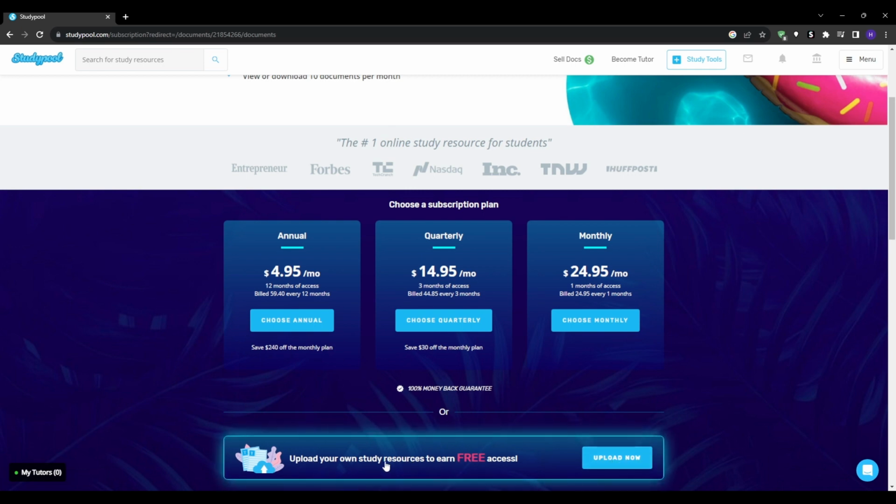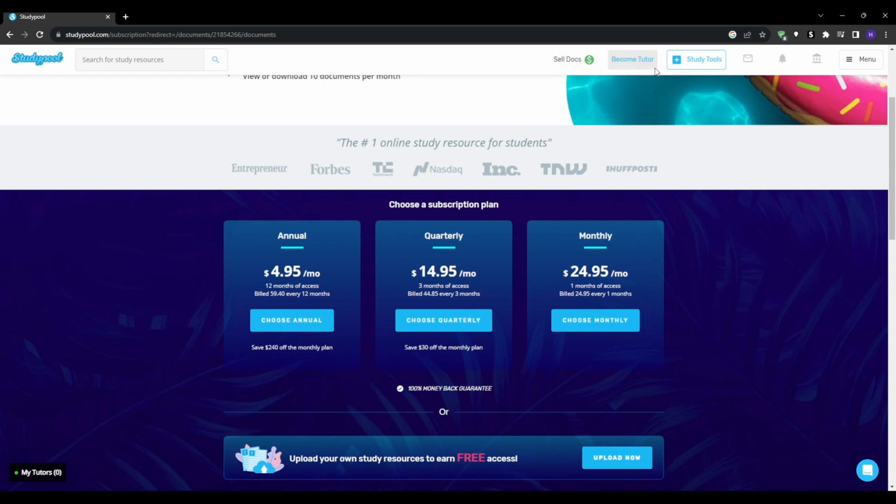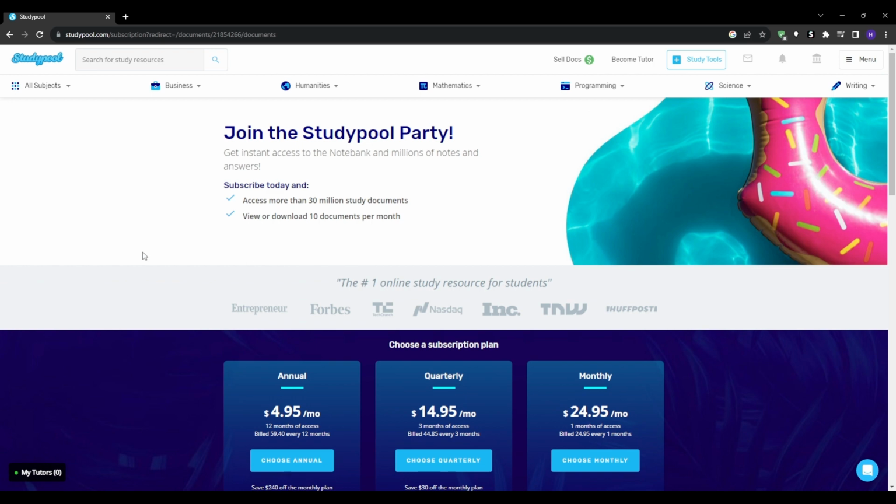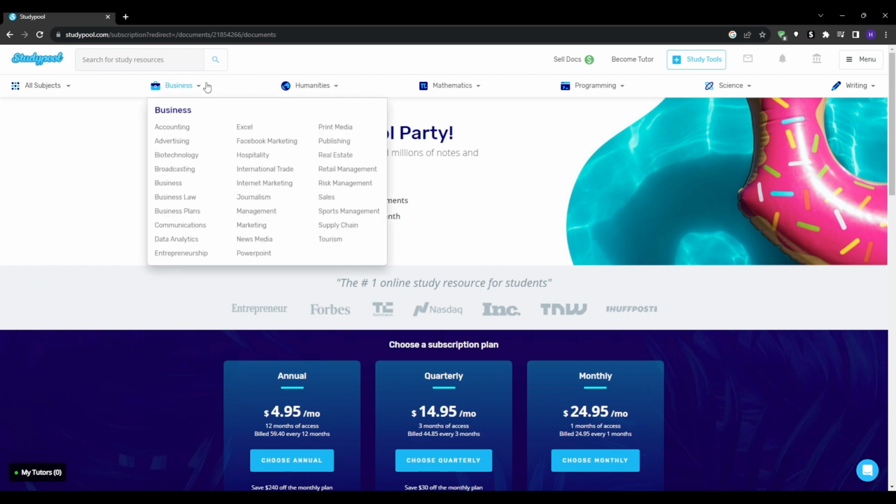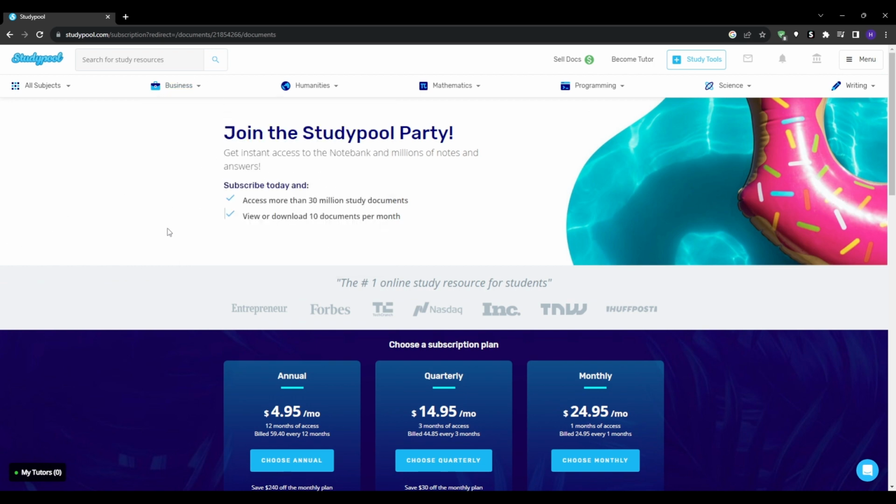And once you're logged in, as you can see, there are numerous subject options to choose from, including business, humanities, math, science, engineering, and so on. And if you have deep knowledge in at least one of these subjects, then you can leverage the platform. Now to explain exactly how Studypool generates revenue, when you first sign up, Studypool shows you different subscription plans